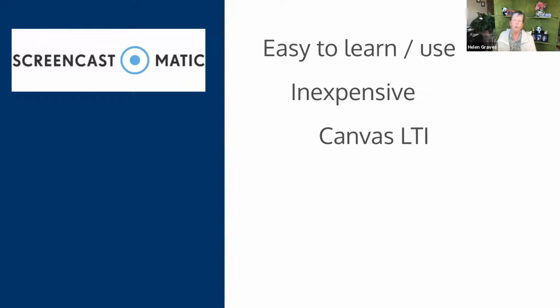And the bummer for adjuncts, if you're teaching at multiple colleges, is that because your credentials are different at the different colleges, you don't have the ability to use the LTI in all of your different instances. And it's okay if you don't use the LTI. It just means you're going to embed the videos manually instead of through the rich content editor, but it still works just as well.